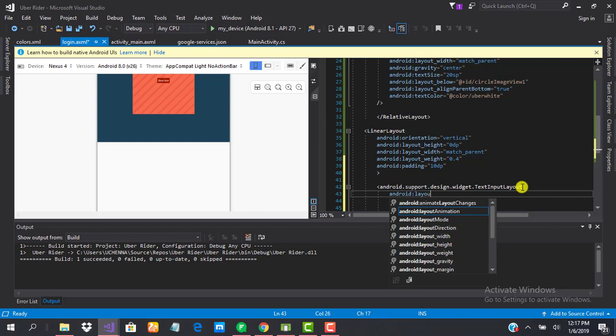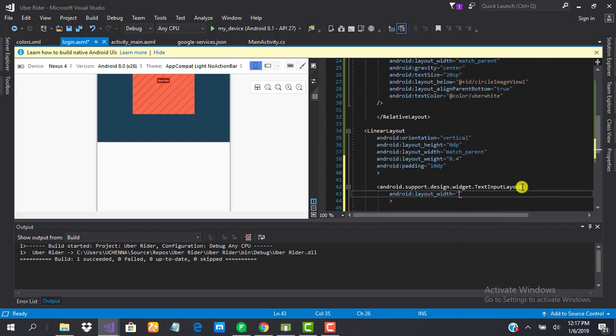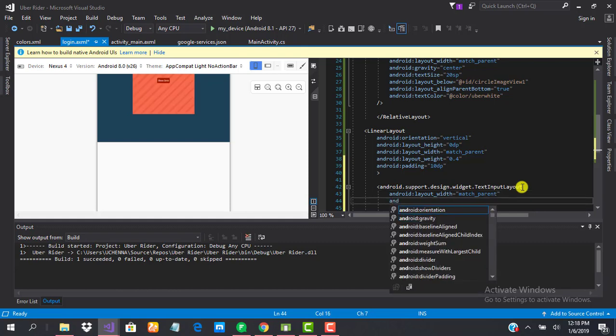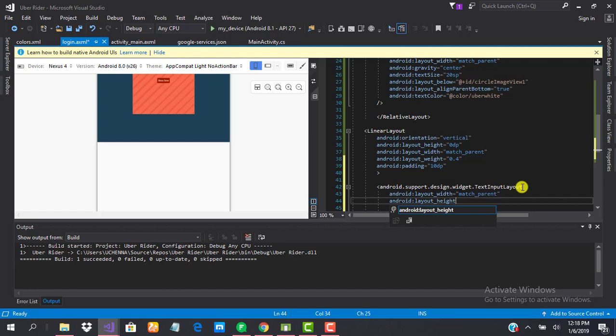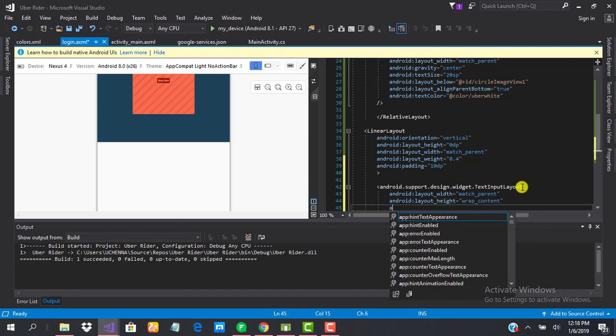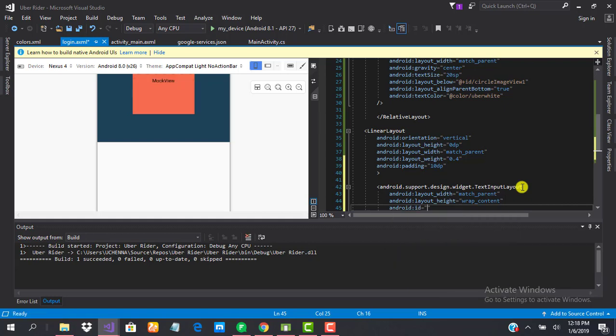Android:layout_width, set that to match_parent. Android:layout_height, set that to wrap_content. So let's set the ID to be email_text,